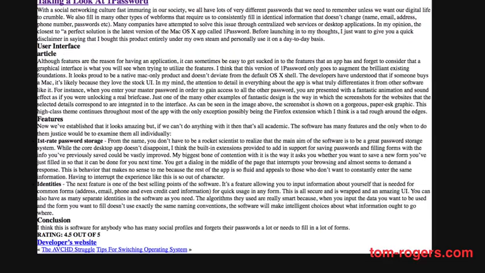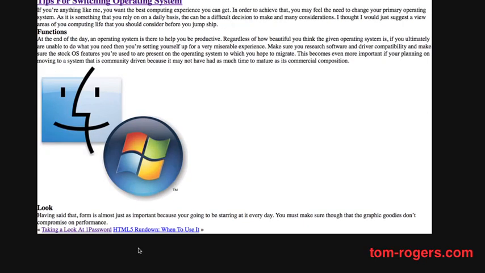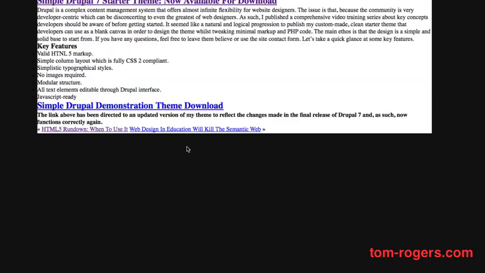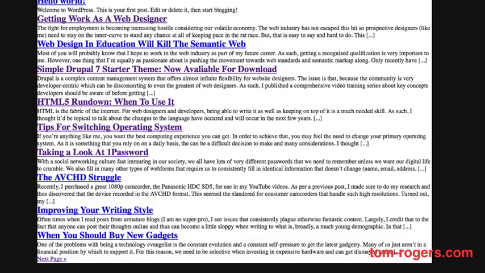If we refresh there, we've now got a link to the previous post. Now it's showing a link to the next post. We can navigate between the posts that way,